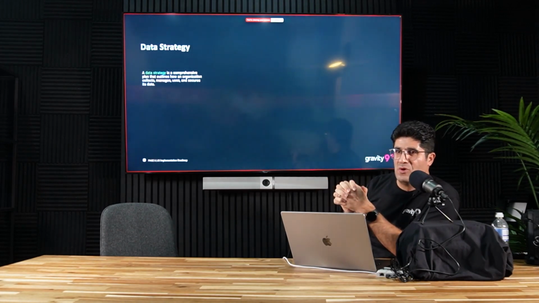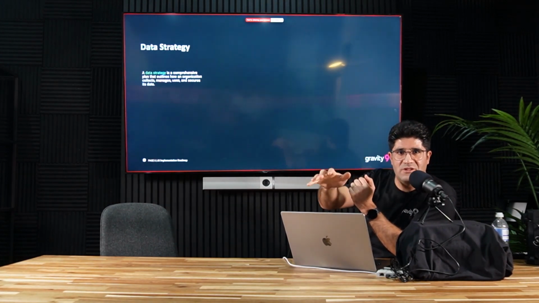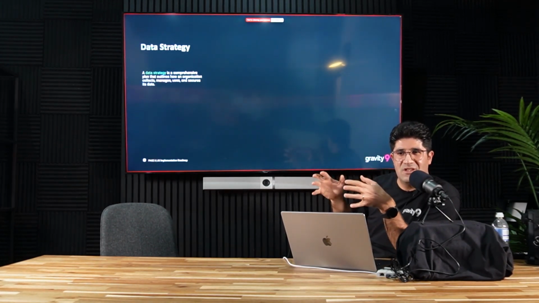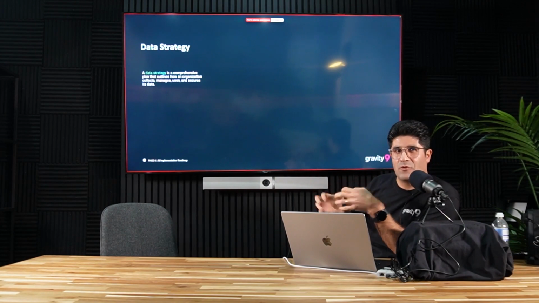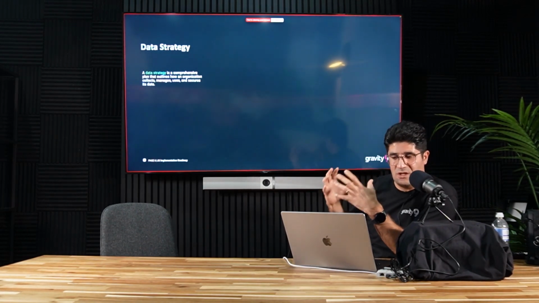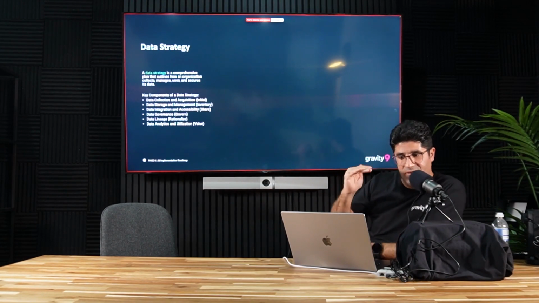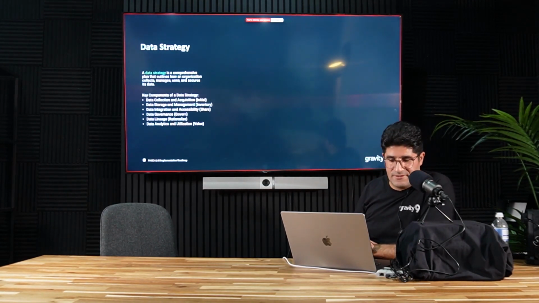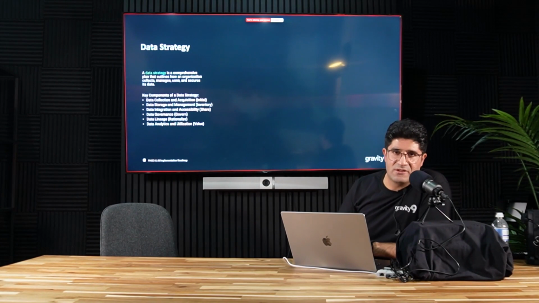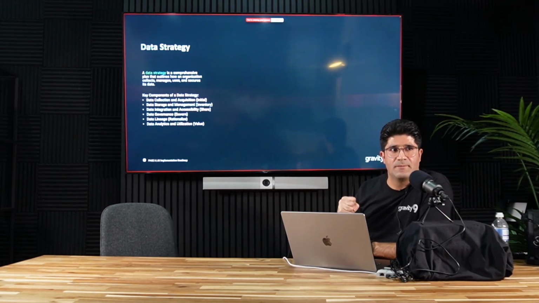So it's important to know how we can gather the data, where to store the data, how we can keep it secure, and for how long we need to store that information. All of those concerns should be integrated in a data strategy, and data strategy has different components. So let's look at those components. The first one is data collection and acquisition. We need to understand how we can collect data.